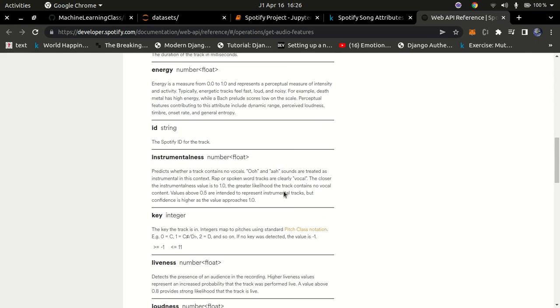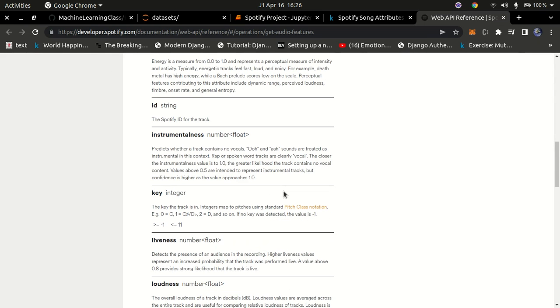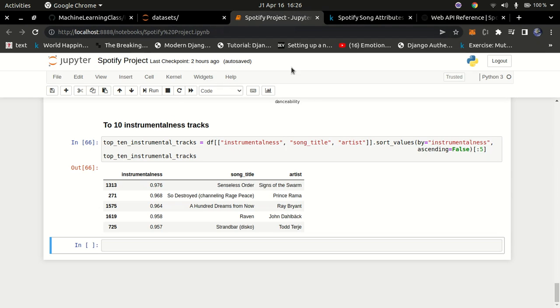If you go back to your field documentation, you can read about it. It predicts whether a track contains no vocals; sounds are treated as instrumental in this context. Rap or spoken word tracks are clearly vocal. The closer the instrumentalness value is to 1, the greater the likelihood the track contains no vocal content. Values above 0.5 are intended to represent instrumental tracks. So anything above 0.5 is instrumental, and anything below that is not. Once we have it, you can see you get the top 5 most instrumental